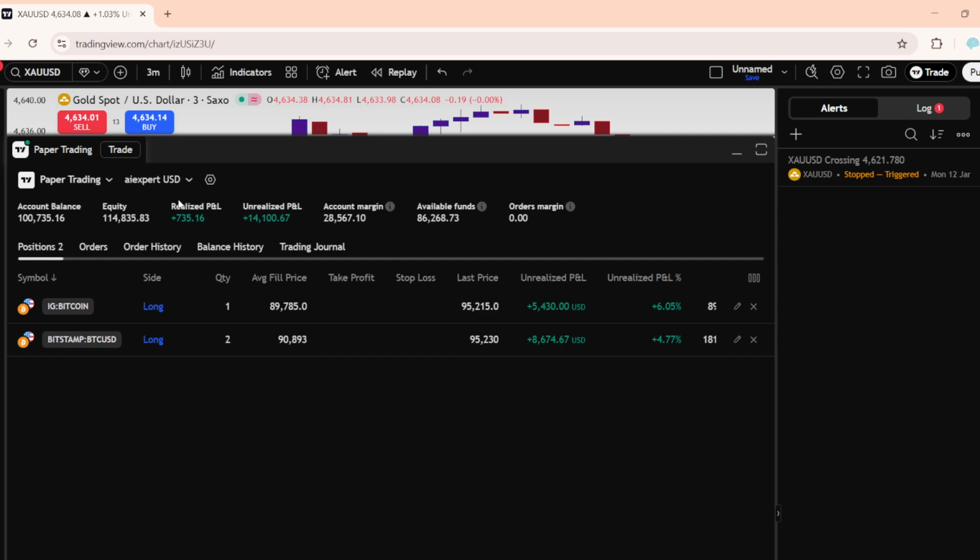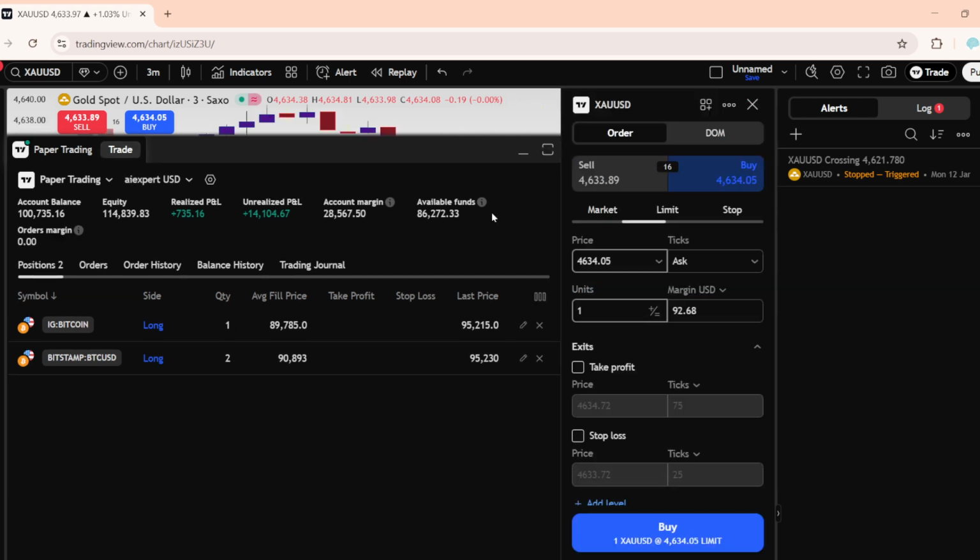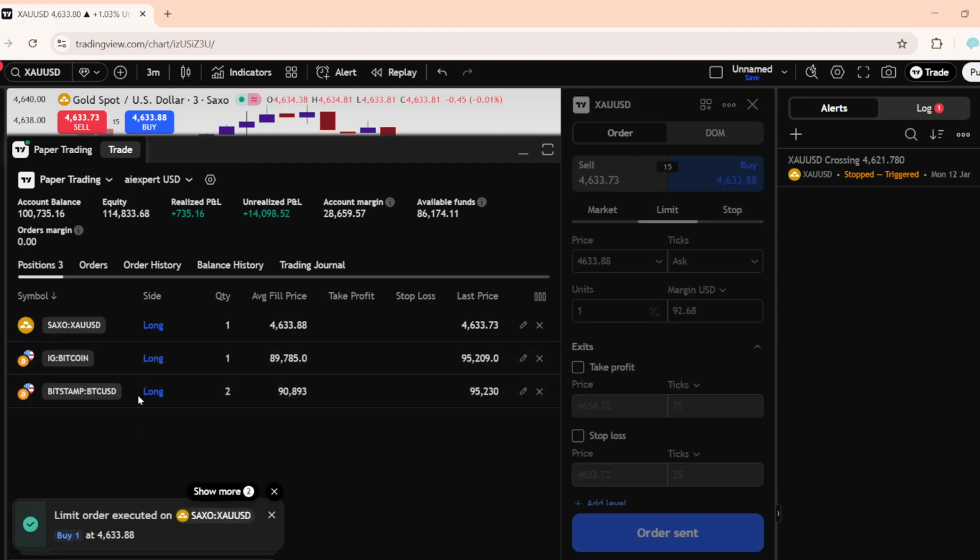You can open the order ticket from the chart or the panel, choose your quantity and order type, and confirm when you're ready. Many traders like to place orders visually by clicking near the price they want on the chart, then adjusting the order in the ticket before sending. Keep an eye on your positions and orders in the trading panel as they